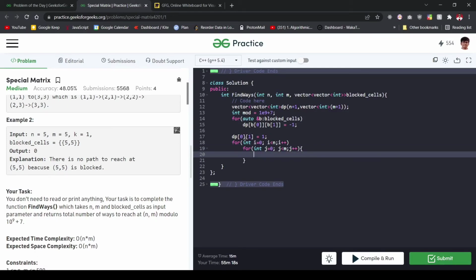Now within the loop, first we'll check if that particular cell value is -1 or not,